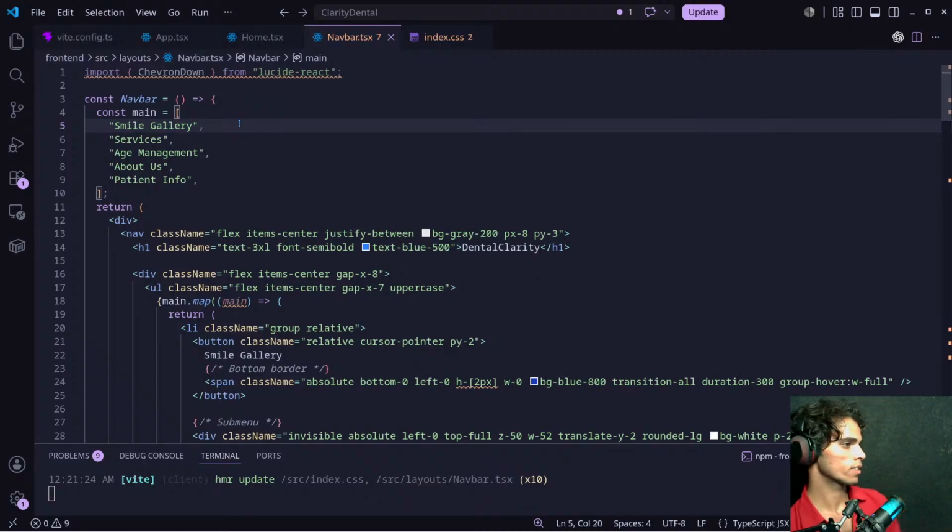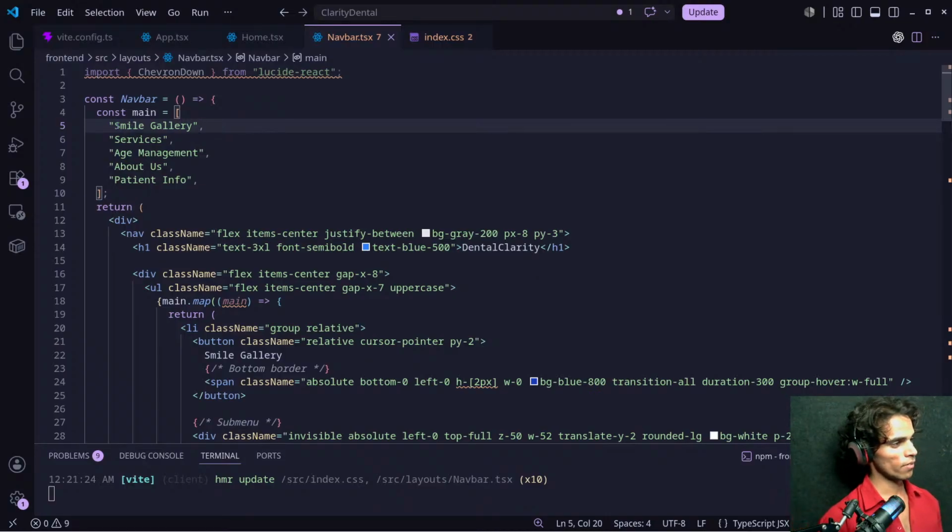Okay, I want to add a submenu here. For that, we have to create each property, each of these values.